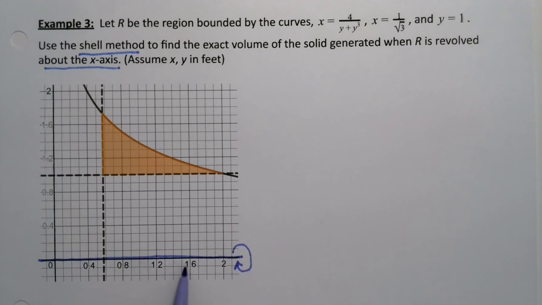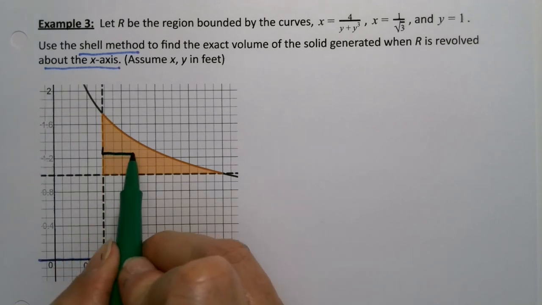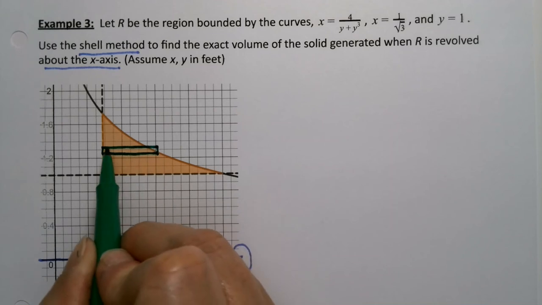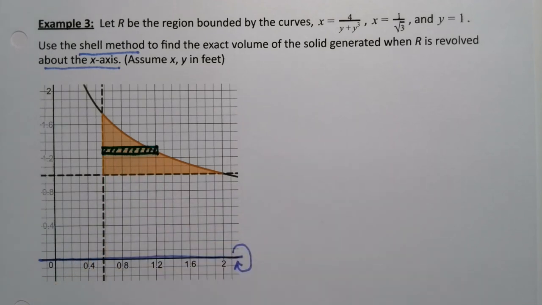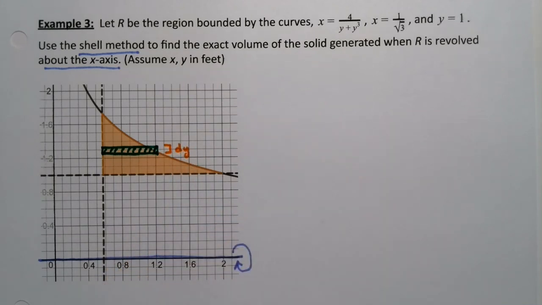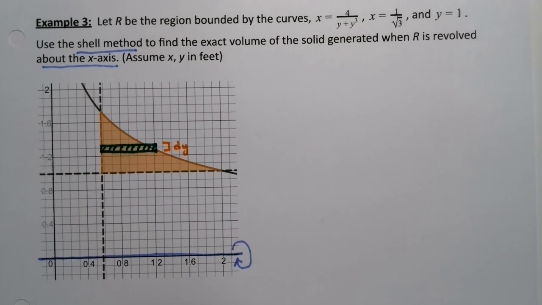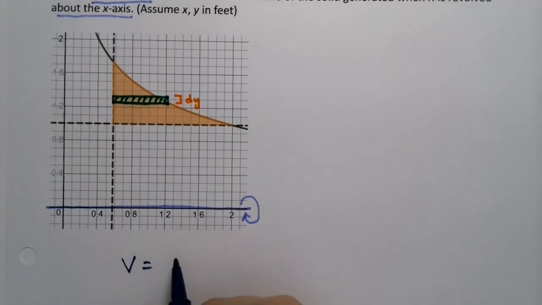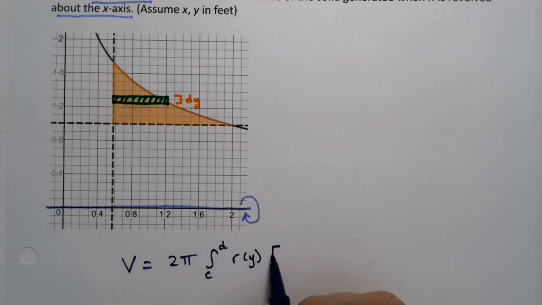Now, once you know that you have an x-axis rotation, you know that the rectangle must be parallel to that axis of rotation. It must be. All right, well then once you know that, then you know that the thickness is dy. You're locked in, which means I know that my volume function, if I write it, has to be 2 pi integral from c to d of r of y times f of y minus g of y